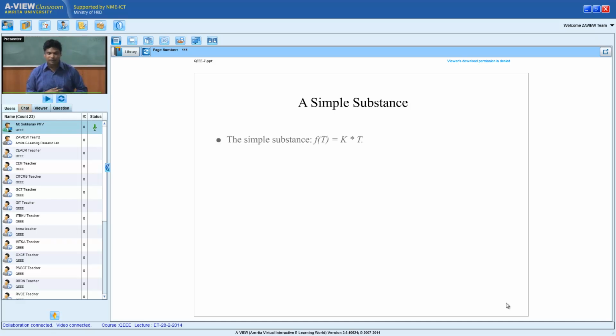And there is another way of defining a simple substance. Many simple substances will have some properties which are directly proportional to temperature. This is a nice characteristic of these simple substances. Suppose I take an ideal gas at a constant pressure, volume will be directly proportional to temperature. If I take the same ideal gas and keep the volume constant, pressure will be proportional to the temperature. Very nice, no? There are many substances which are directly proportional, and because of that, I can measure the temperature. Otherwise, temperature I can describe,